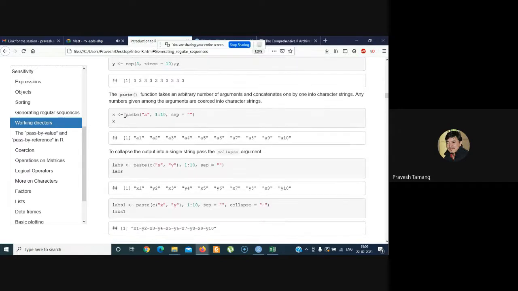There's another function like paste. Okay, this is a very important function. Mostly you can use this while working with characters. So in this line of code, what you see is that it says paste a value or a character